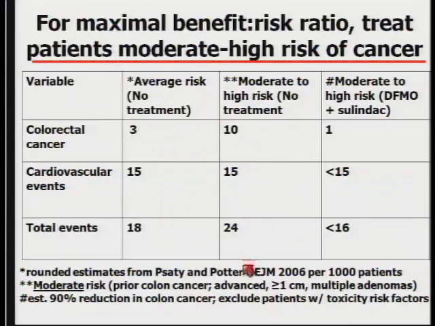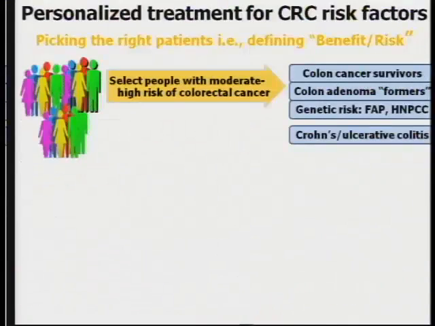So one of the things that we're focusing on is let's look at higher risk populations. I've defined these down here: prior colon cancer, prior colon adenomas, even higher risk genetic factors. If you can now do things to maintain the negative effects of things like hearing loss, cardiovascular effects, then interventions begin to give you positive risk-benefit relationships.